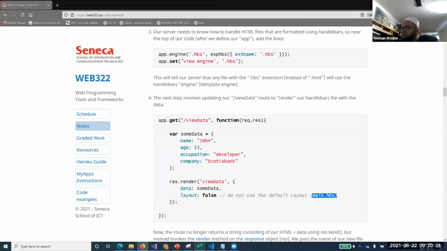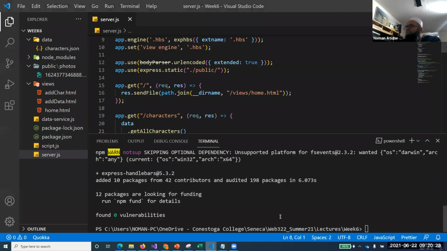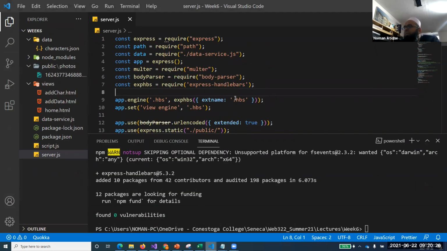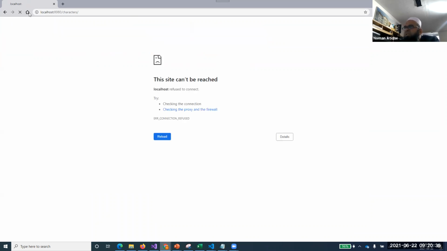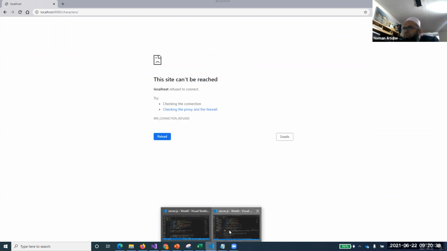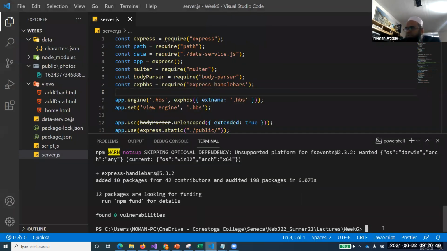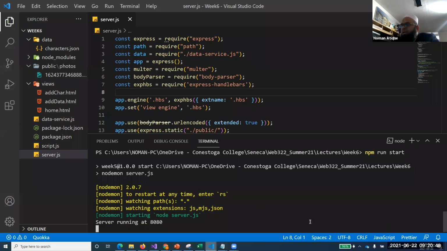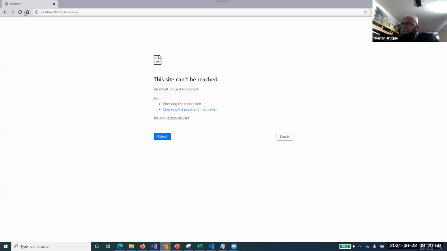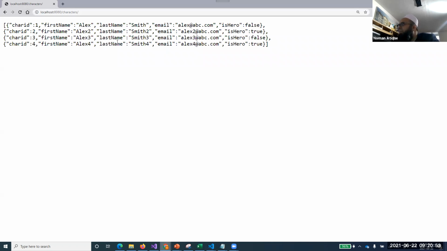You got the point? Now, what we will be doing in our application, as I said, I won't be following this example. On this page that we are running, as we see, these characters are coming in a very raw fashion. Okay, stop. Start. So now this data is coming in a very raw fashion, and I do want to have this data in a formatted form. So we'll talk about that.